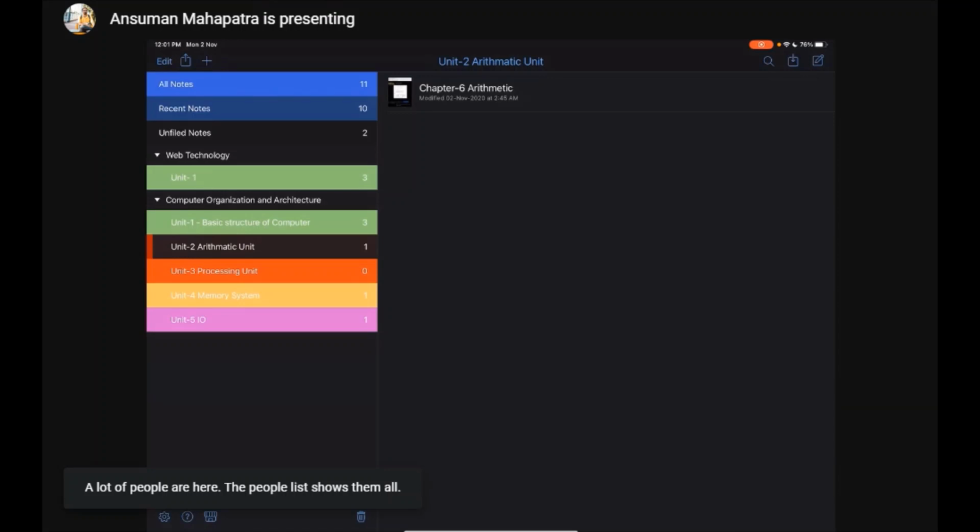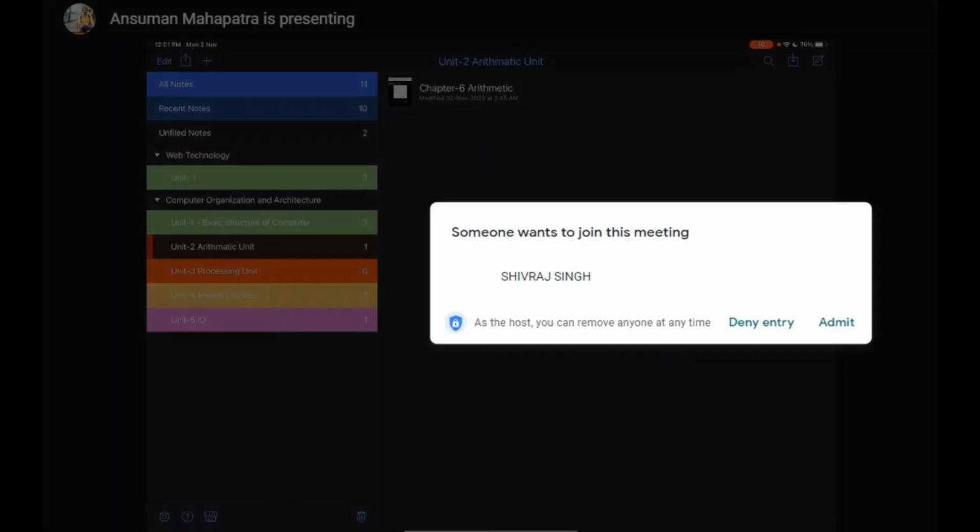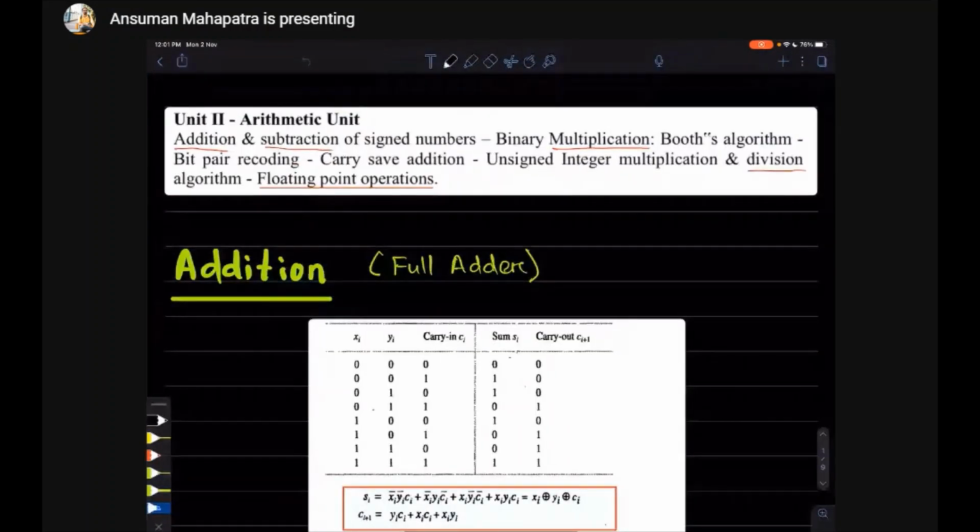So today we will start a new chapter, a new unit. It is unit number 2, that is your arithmetic unit. This is chapter number 6 of your book. Chapter number 6 is related to arithmetic operations on binary numbers.